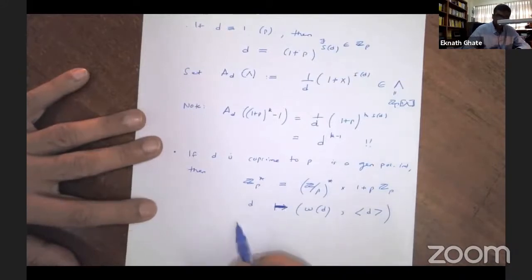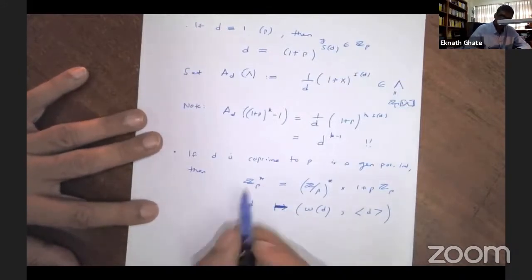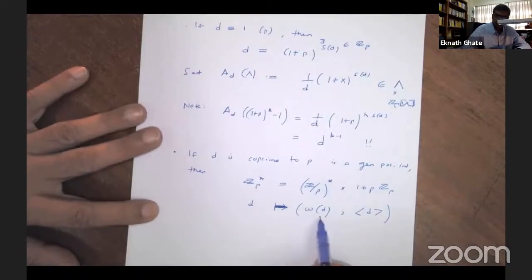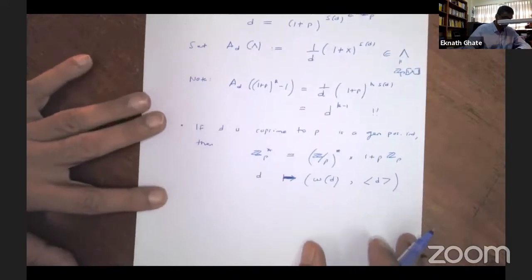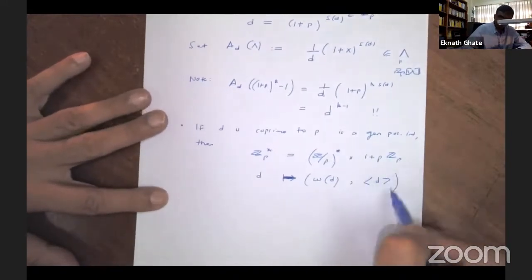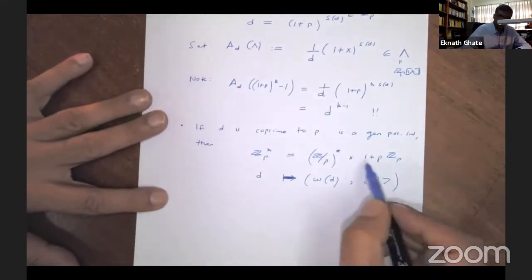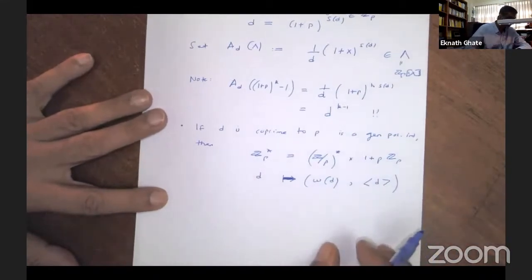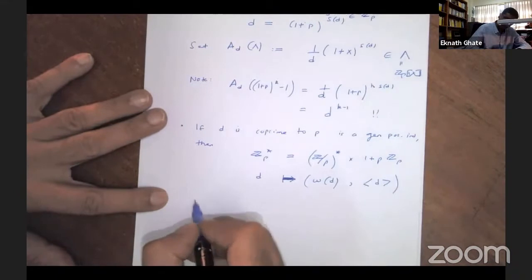You can decompose any integer which is coprime to p into its tame part, its (Z/p)* part, and its 1 plus pZp part, and we write them individually as omega d and diamond d. Okay? So these are the things that we know how to do something for, because they're congruent to 1 modulo p. But we've pulled out the omega d part here. Okay, and we define